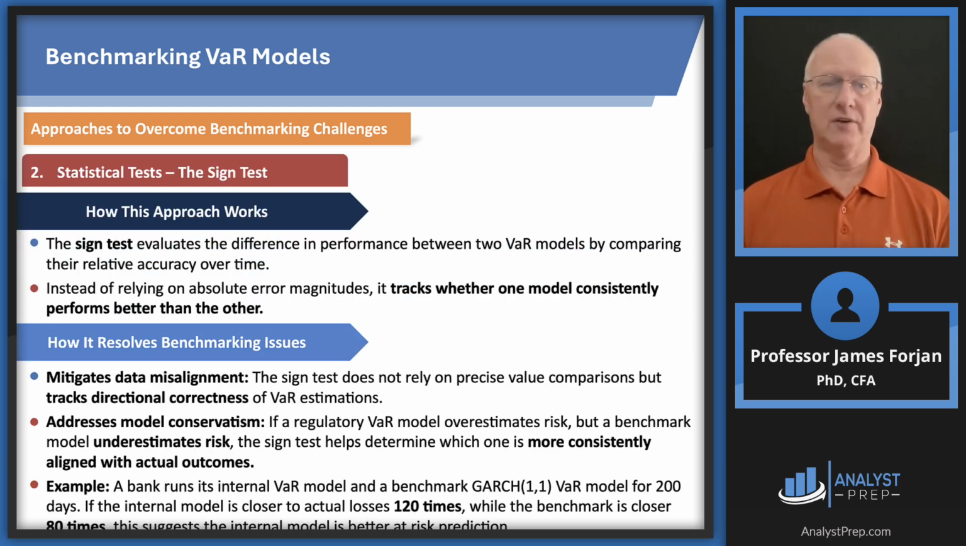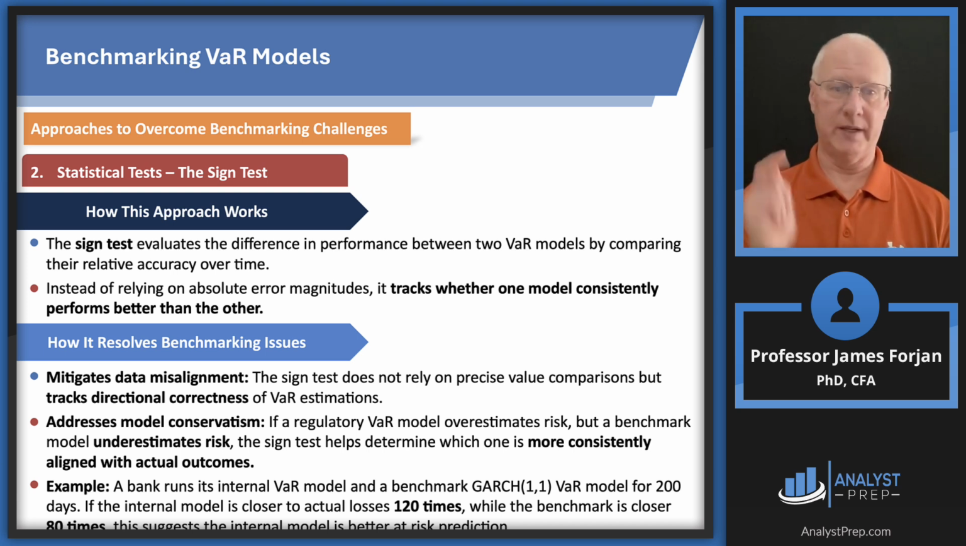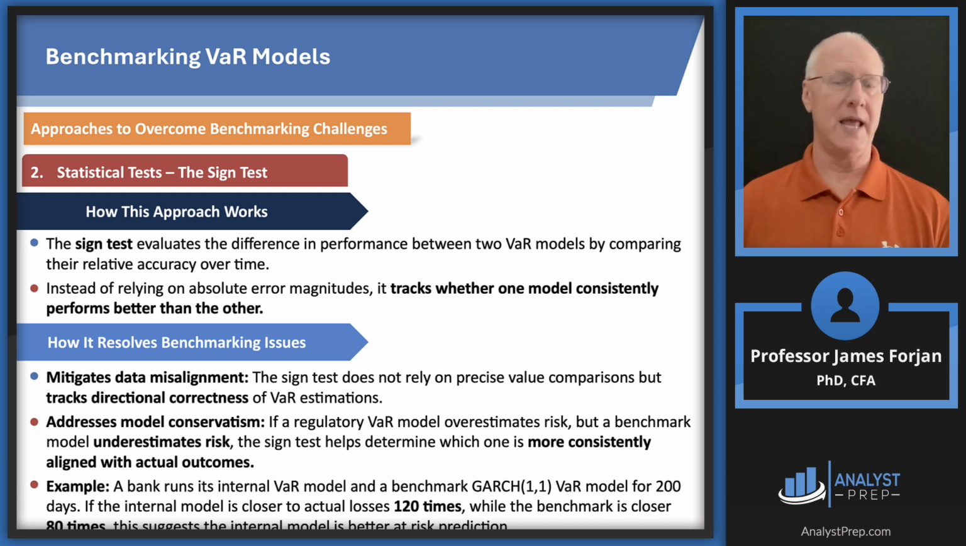Now we can do a statistical test, just this super simple sign test. That's just the difference between the performance of these two models in terms of computing two value at risks over time. Are they positive or are they negative? How does this work? Well, it's going to specifically address that model conservatism, because if you have the same sign over a 10-day window, then you can say, you know what, we have this problem of conservatism,